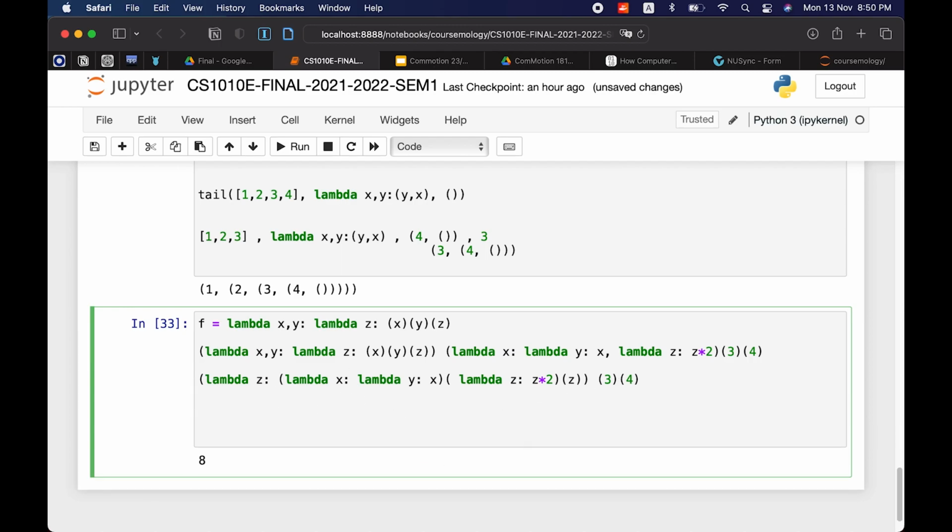Then it becomes a function. Let me copy this.